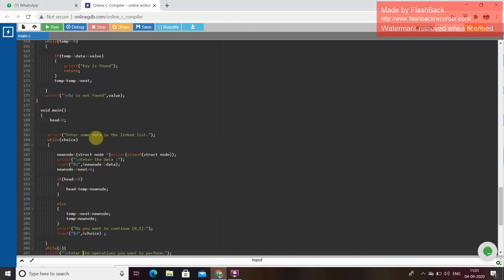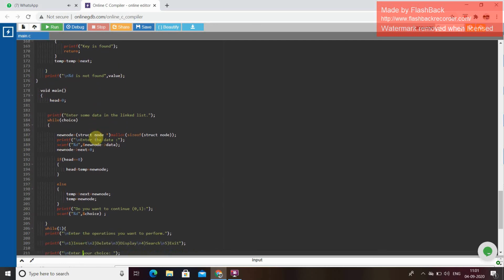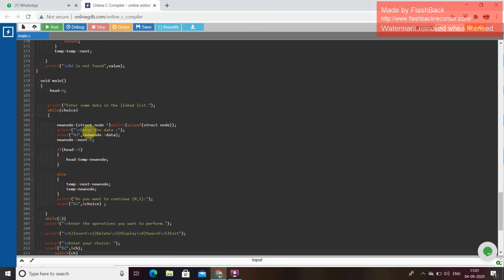Then void main, head = 0. Again we have to give the input "enter some data in the linked list", and again we use while(choice), new node = (stack node *)malloc(sizeof(stack node)), and we give input "enter the data", and scan %d address new node->data, new node->next = 0.